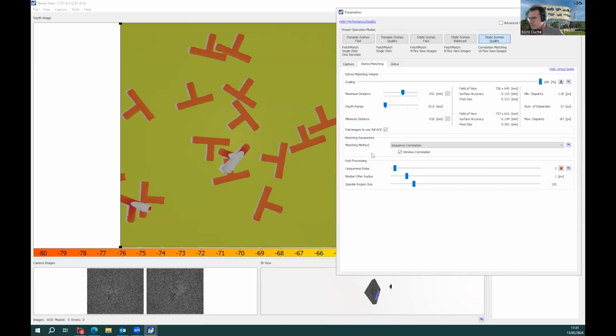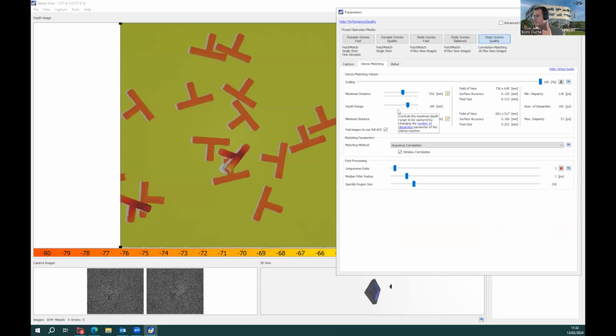And here, it is not because of the post-processing algorithm. It is because of the predefined 3D region of interest. So I'm quite sure that if I increase the depth range of my camera here, yeah, that was the problem. The maximum distance and depth range are parameters that define a 3D area of interest.